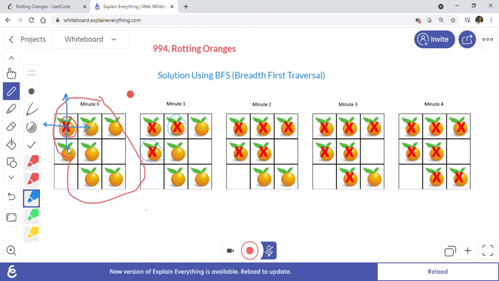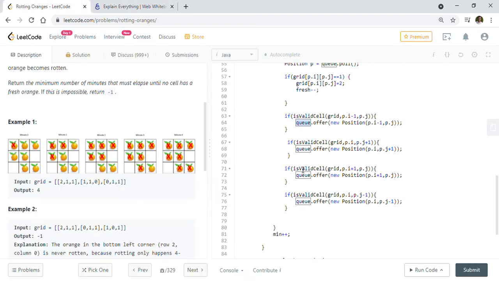So for example, if you check this first orange in the first minute, it will go and add this one orange because it's on the right side, and this another orange on the downside. So these two oranges it will add into the queue, and next iteration we will increment the minutes here.